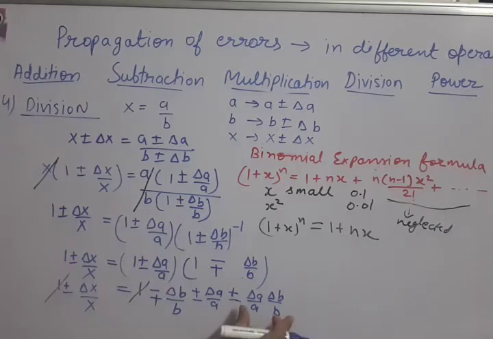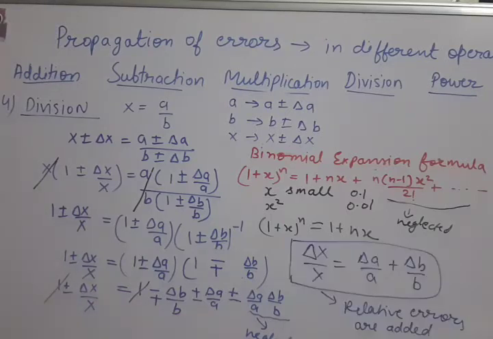So as I have told you before also in multiplication, that this delta a upon a, delta b upon b term is very small. So it is neglected. Okay, so only these 2 terms are remaining in equal sign with delta x by x. So again we will take the maximum possible error. For that we will pick only plus signs everywhere. So here also taken plus, plus, plus.